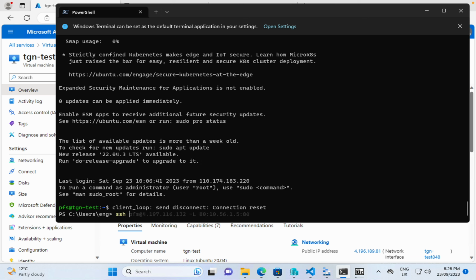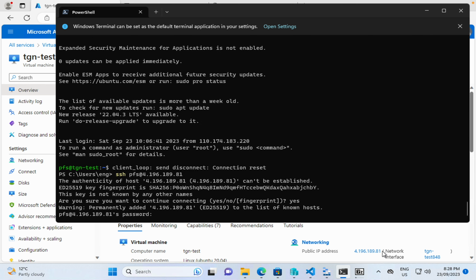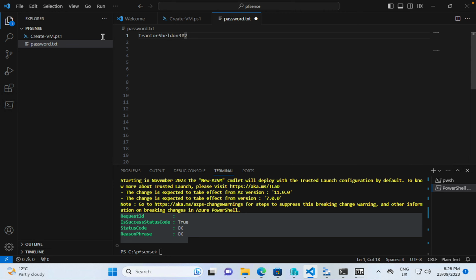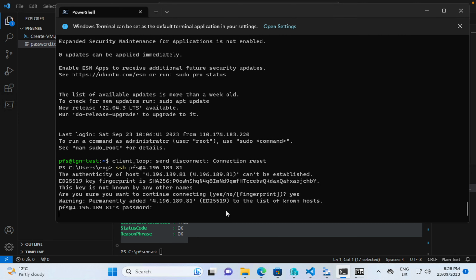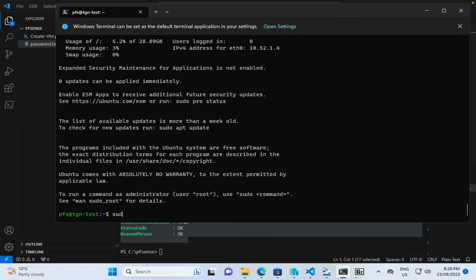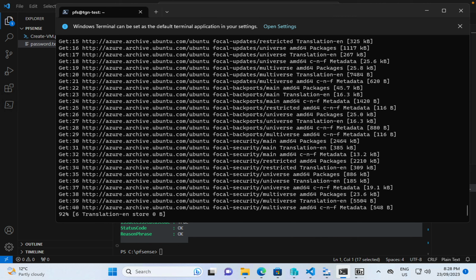And then we want to say, with the correct account that we've already configured for it, we go yes. And again, we use this password here. And I think it's good. Right. Now the first thing I want to do is just update the package list, for this is a fresh VM. And as soon as this is finished,